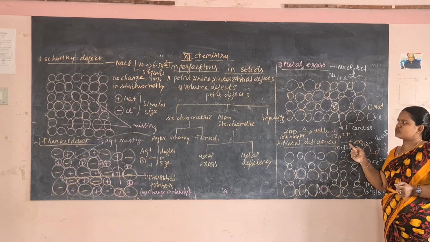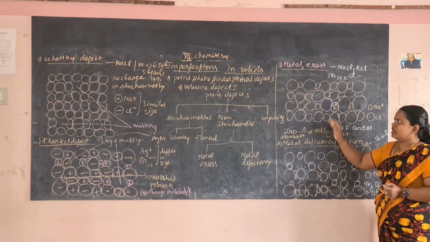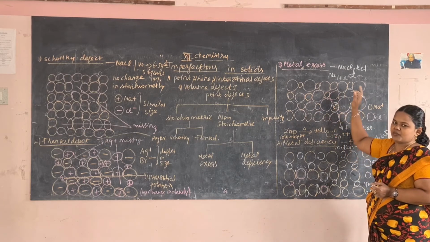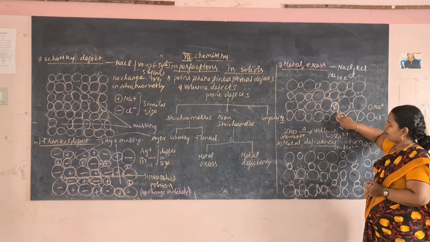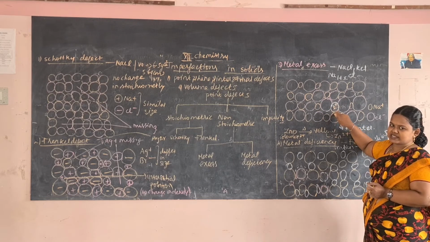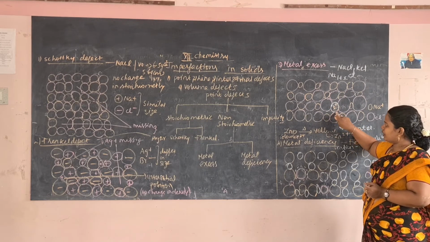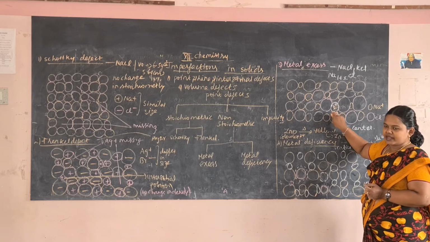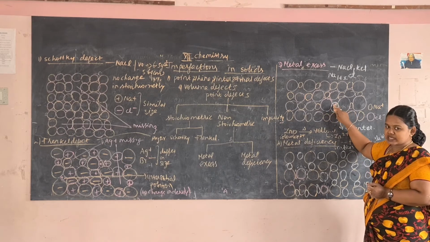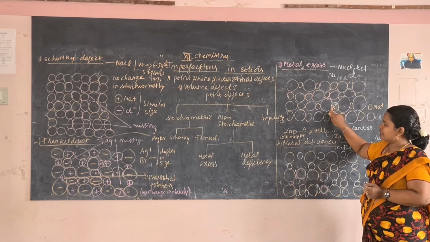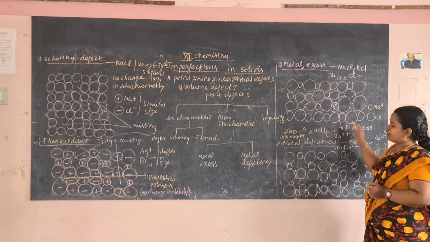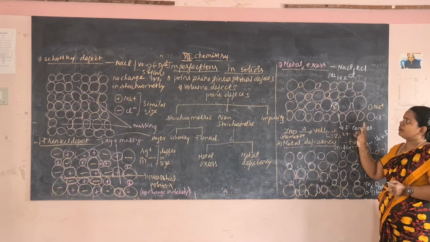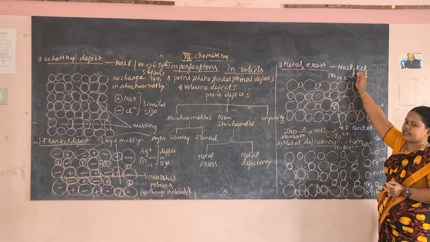Metal excess defect. So we will have one metal in excess, and here also when you pass sodium vapor, one metal atom will be present in excess, that is sodium. So that metal atom will give the electron that occupies the space created by the Cl minus ion. So that is known as what? F center. So here metal excess defect example NaCl, KCl.